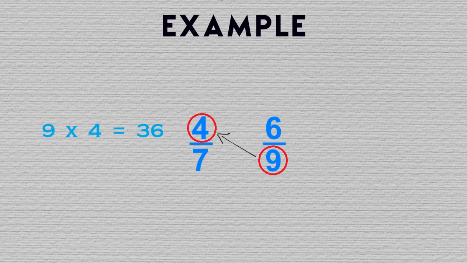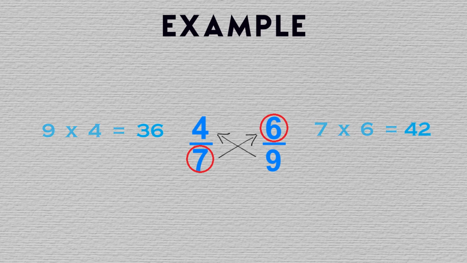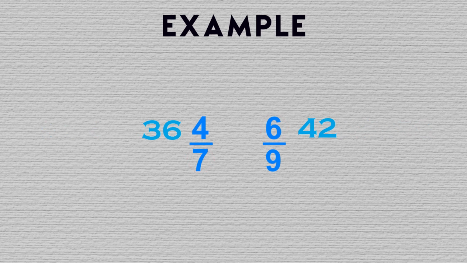Let's try one example. If you have 4 over 7 and 6 over 9, we start by multiplying the second fraction's bottom number by the first fraction's top number. So that is 9 times 4, and you will get 36 as your first new top number. The same I shall repeat. This time I will multiply the first bottom number, that is 7, by the second top number, which is 6. So 7 times 6, I will get 42. We will always keep our answers on the side of the top numbers that we multiply.